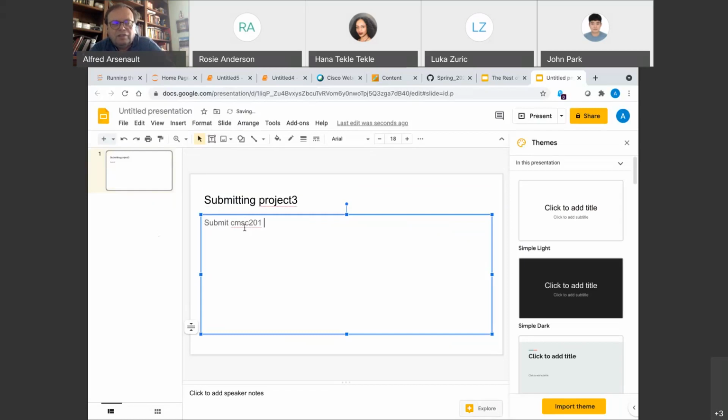I believe it's project 3, all caps. And your file should end in .ipynb, IPYNB. It should not be a .py. You do not have to submit results. You do not have to submit a .py. You should be submitting